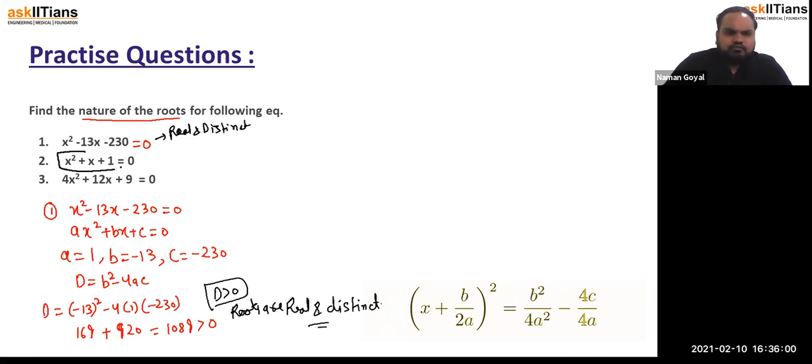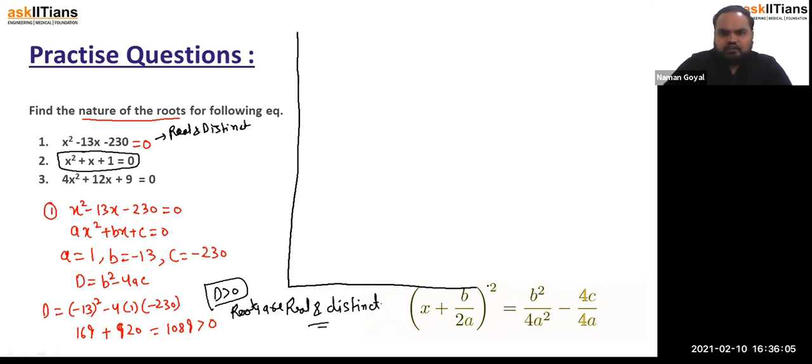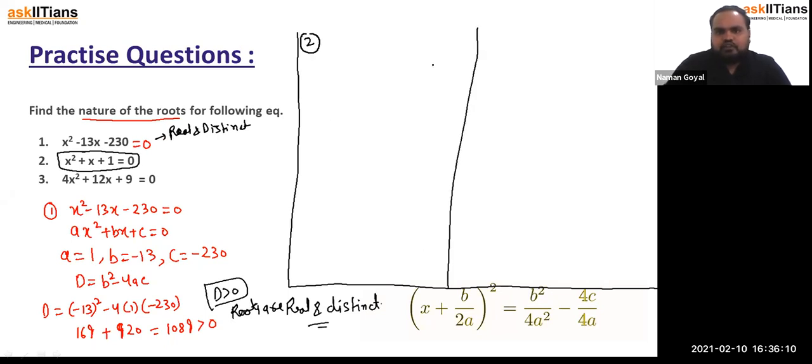Now for this equation, second, we are going to solve for the second also. Okay, so we can make a line, it will give some space. Here we are going to do the second question, and here we are going to do the third question. So the second question is given that x square plus x plus 1 is equal to 0. Now we have to follow the same process. First we are going to compare that equation with the general equation, which is ax square plus bx plus c is equal to 0.